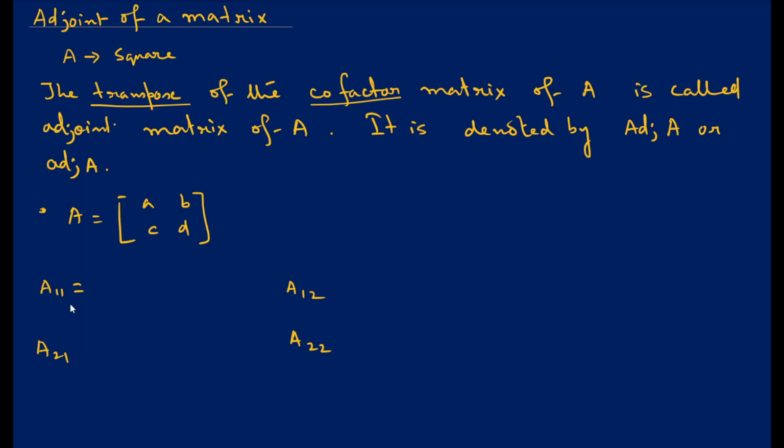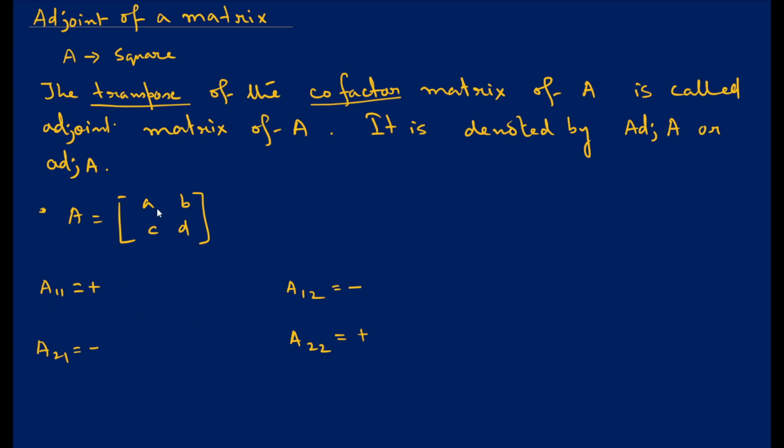First we have to check the signs. For 1 1, 1 plus 1 is an even number, so it is plus. Next is 1 2; 1 plus 2 is 3, odd, so negative. Here it is 2 1, which is again odd, so negative. And the last one, 2 plus 2 is 4, so positive. The cofactor can be denoted by capital letter A or capital C. Whatever you like you can use.